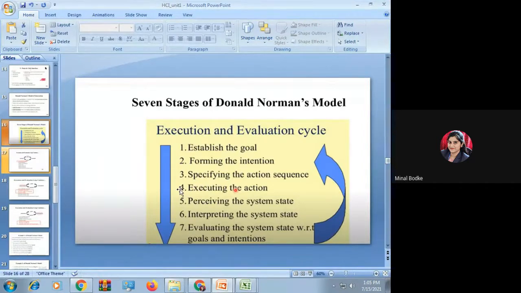You are going to perceive and think something, or you are going to make some decision. And the last three steps, that is 5, 6 and 7, perceiving, interpreting and evaluating, this is the evaluation stage of your system or the action which you are going to perform. So there are a total of 7 phases of Norman's model.